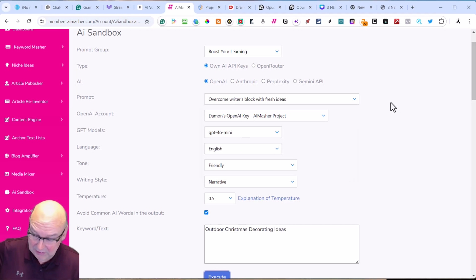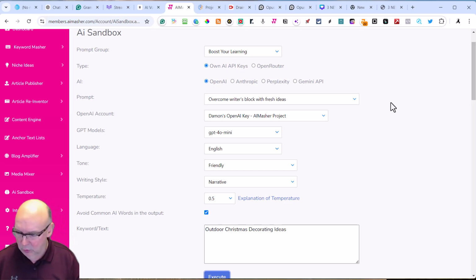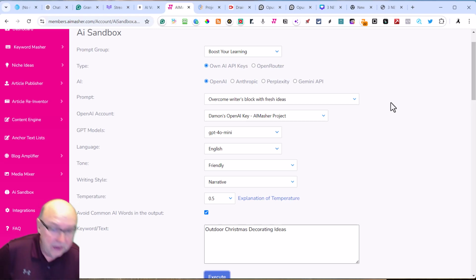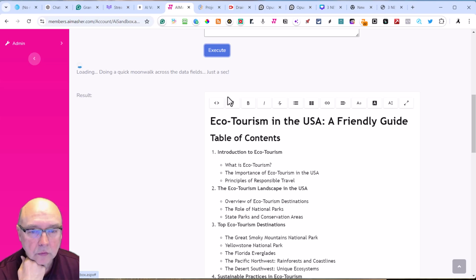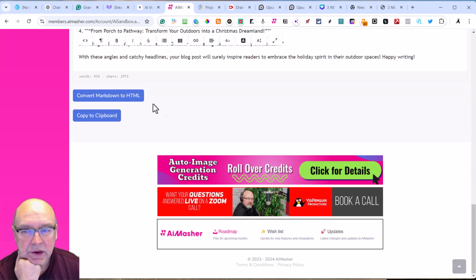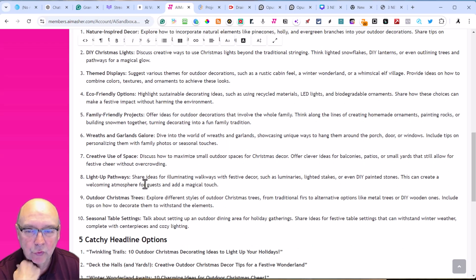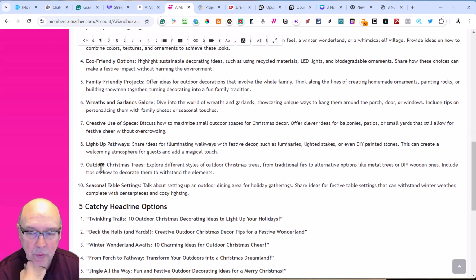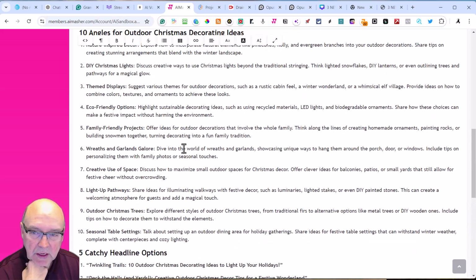Now, this is a nice little prompt just for where you want to start off with what type of ideas could be developed from this. We'll come down here. Theme displays, eco-friendly options, family-friendly projects, light up pathways, outdoor Christmas trees. Okay. That gives you something to even